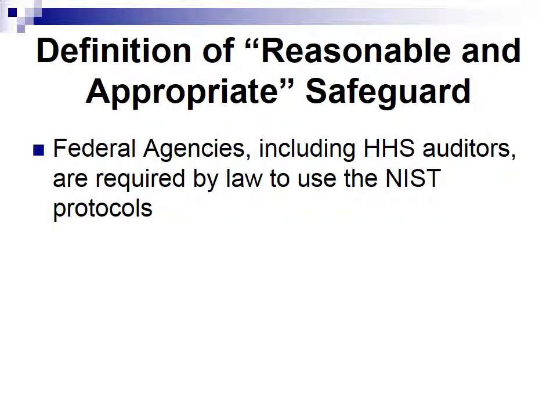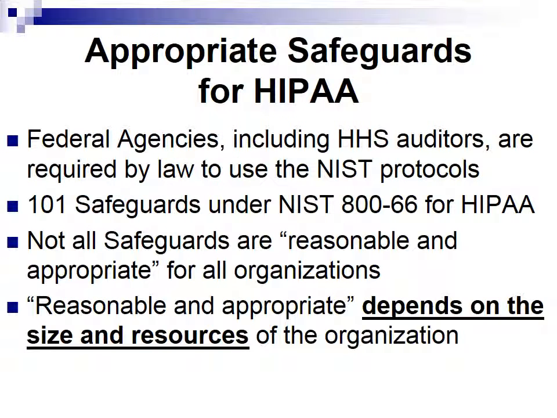However, all federal agencies, including HHS auditors under HIPAA, are required by law to use the NIST protocols. There are 101 possible safeguards for HIPAA-regulated organizations under NIST 800-66. Not all of these are reasonable for all organizations. The current version of the HIPAA security rule, page 5589, explicitly states that appropriate depends on the size and resources